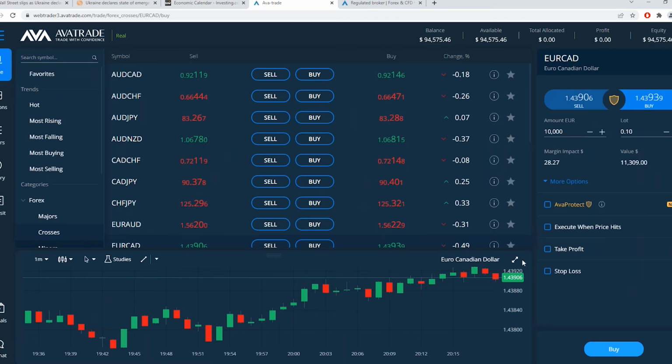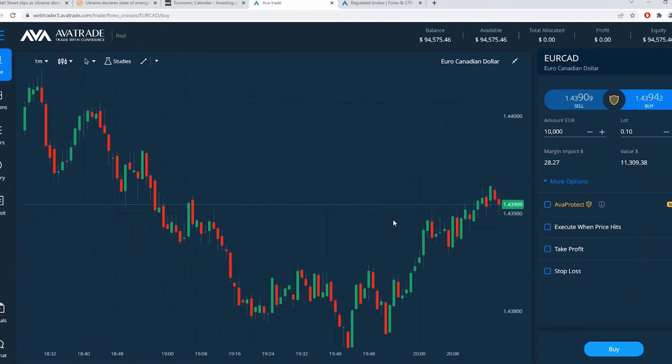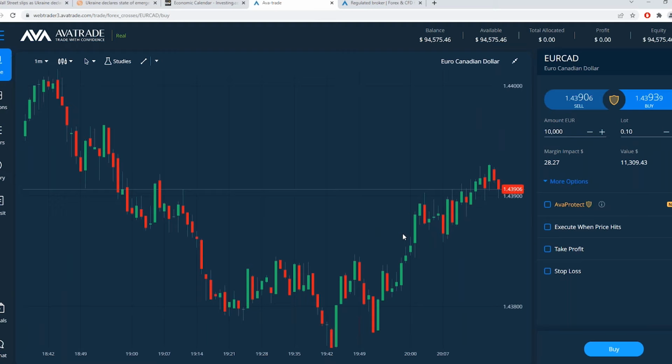And why might we look at the Euro Canadian? Any ideas? Why would we maybe look at the Euro Canadian, fundamentally speaking? Lavkesh, you're asking, how do you get these reasons for changes in currency pairs daily? I say check the headlines like we just did. Go through the process we just did and get a feel for the fundamental news, what's happening. And then you go into the signals if you want to make use of the signals that are provided there in the app and on the web trader, or find your own price levels and start to dig into what looks like an opportunistic entry point or not.